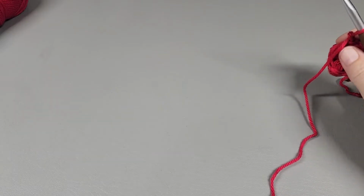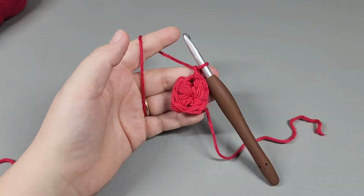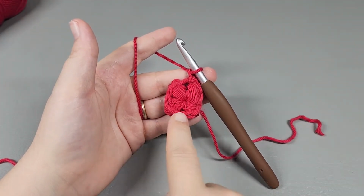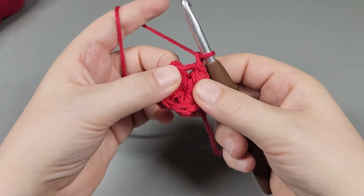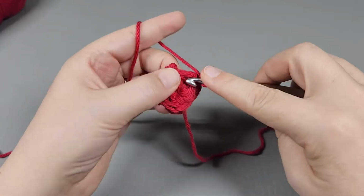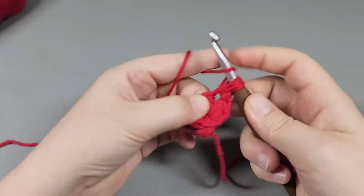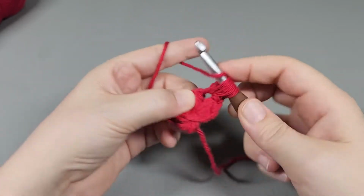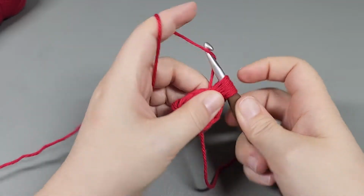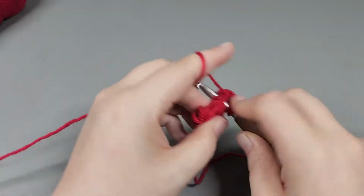Alright, so for round 2, we are already in between our first 2. And we're going to work 2 puffs into each space between our puffs, okay? So into the space we're in, we're going to work 2 puffs. And I'm going to go a little bit faster this time. So yarn over, go in, 1, 2, 3, 4, yarn over, pull through all 9, chain 1, go back in there, 1,